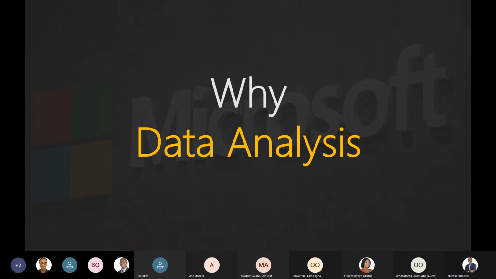In my own opinion, data analysis has to do with exploring insights from data. Basically, we have large or huge data sets, and we want to understand certain patterns that can improve our KPIs on business performance and all that. Okay, all right, excellent. Thank you, Olumide. I can see Yinka. Yinka, please shoot.